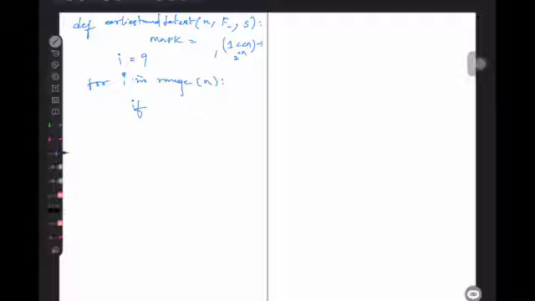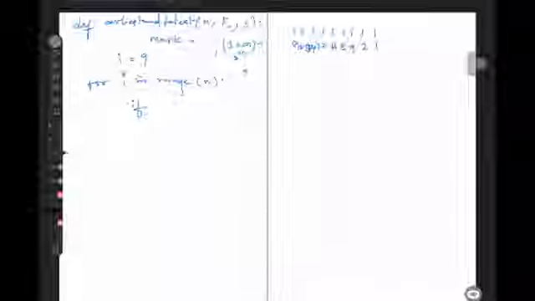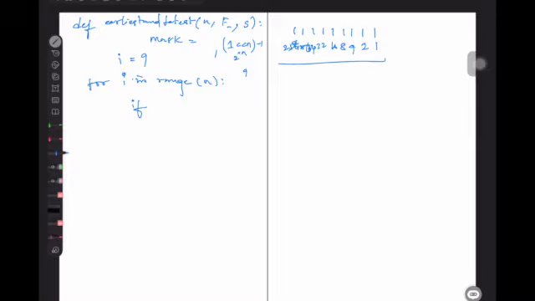Got it? So if n equals 9, 1 2 3 4 5 6 7 8 9, all these bits would be set, so the values 1, 2, 4, 8, 16, 32, 64, 128, 256, all these bits would be set, which in turn gives a value of 2 to the power of 9 minus 1, something like this.